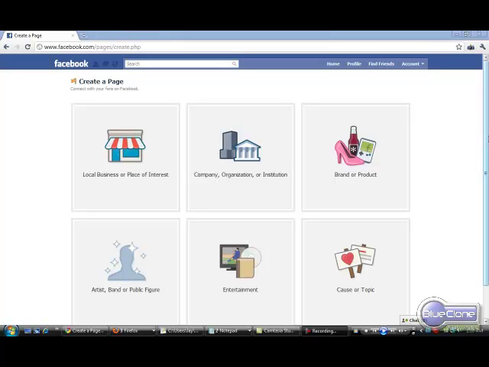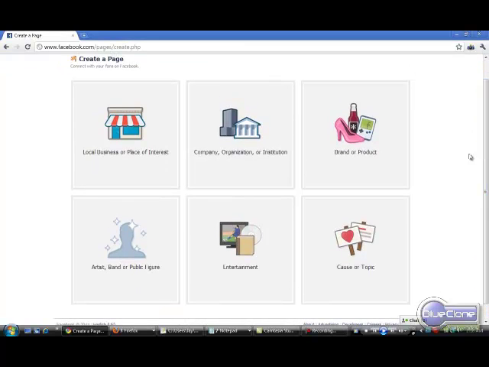Now you'll notice here that depending on when you're viewing this video, this might still look like this. It might look a little bit different. It actually is a change that was put forth in late January of 2011. Facebook is trying to make it easier to help you distinguish which page you should create. So what it's done here is it's giving you simple to follow icons: local business, place of interest, company, organization, institution, brand or product, artist or entertainment figure, entertainment itself, and then